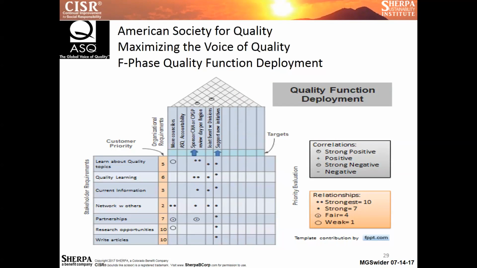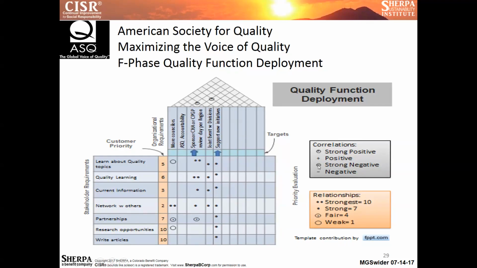They call it the quality house. For those who have used this, you may remember that the whole purpose of using this tool is to keep the customer, in our case the stakeholder requirements, in mind for the final product. And it works on the hows and whats. The requirements from the stakeholders are used to define the organizational requirements that will go up here in your house. And the ceiling, this rectangular part, will show the relationships, if any, based